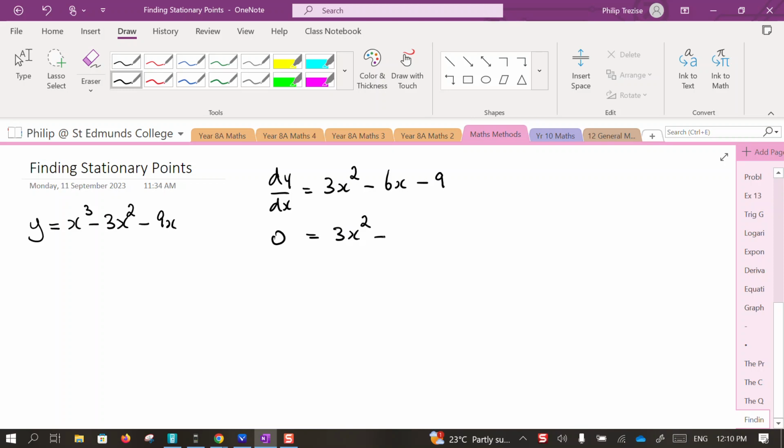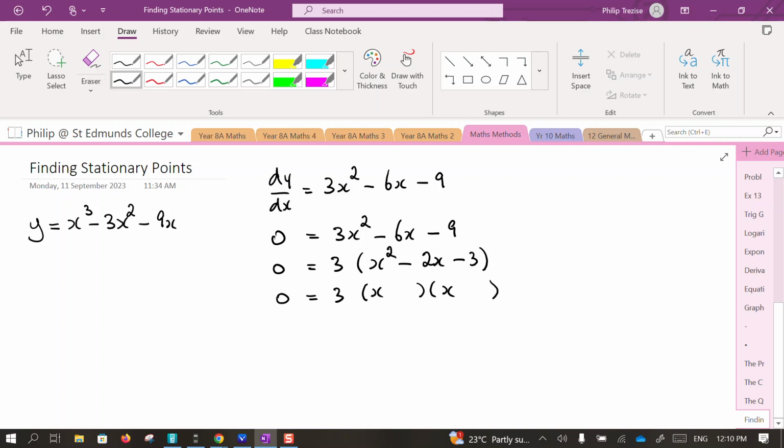We know the gradient of the tangent is 0 at a stationary point. And of course, dy/dx tells us the gradient of the tangent. Let's take a common factor of 3 to make life easier. So that's a monic quadratic, which would factorize into the form x plus a number and then x plus or minus a different